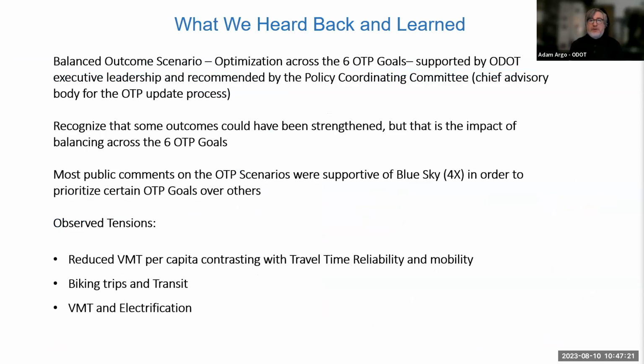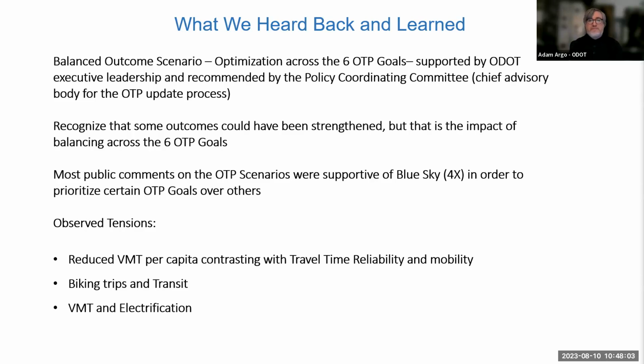And what we've heard back and learned, I think Jonathan actually hit on a few of the key points. I would say executive leadership, my management chain on up to the Oregon Transportation Commission, really sought the balanced outcome scenario that's optimizing across the 6 OTP goals. They're recognizing that some of those outcomes could have been strengthened, but the balancing is efficaciously producing co-benefits out of the scenario work,